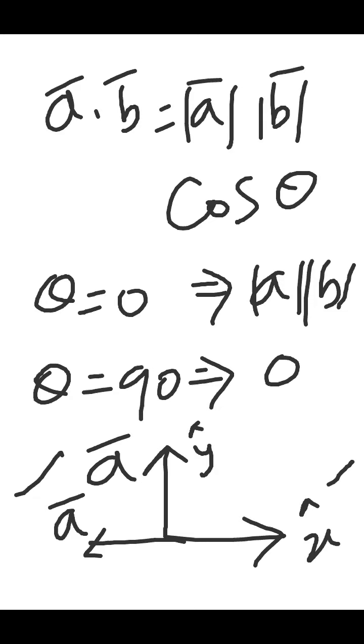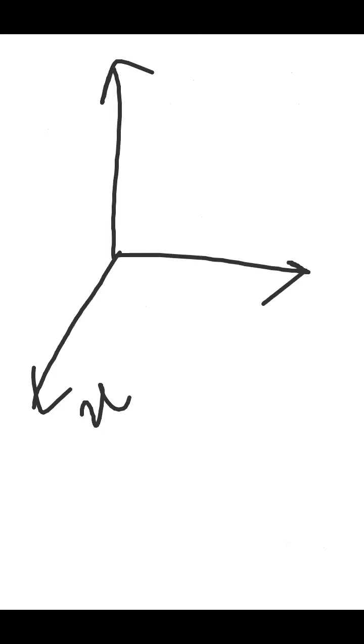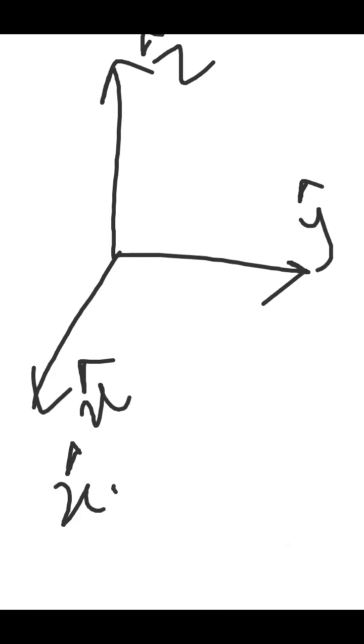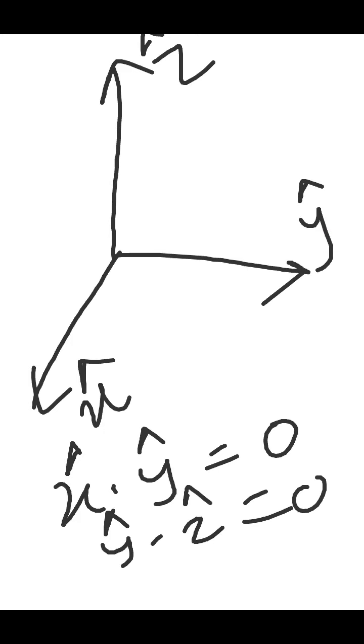See, in any case you choose one vector, if the another vector goes in a perpendicular direction exactly, then there is no relation. Your dot product will be 0. In our coordinate system, we are taking x cap, y cap and z cap. Please somebody tell me, if I calculate x cap and y cap, what will be the answer? 0, because there will be no component of x cap in y cap. They are exactly perpendicular. Similarly, if I calculate y cap with z cap, the answer will be 0, because there will not be any component of z on y.